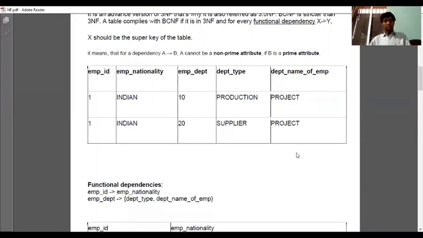So here the functional dependencies are: employee ID determines employee nationality, and second, employee department determines the department type and department name of EMP.